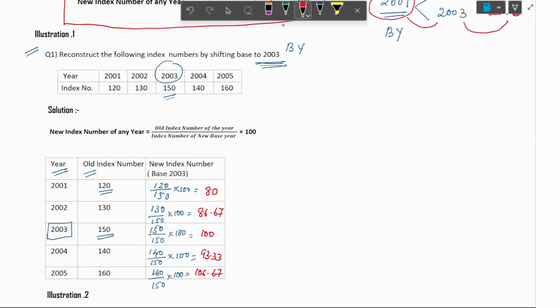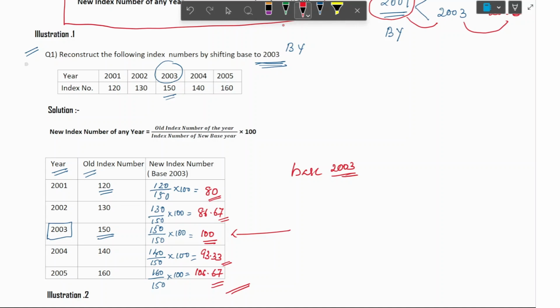106.67. Therefore, this is your new series of index number with base 2003. Now see here, the base, the answer which is coming is 100. Now, with the base 2003, we compared the remaining years' prices. That is here, index numbers are 180, 86.67, 93.33 and 106.67. Therefore, this is the way you are going to calculate or reconstruct the index number by shifting the base to